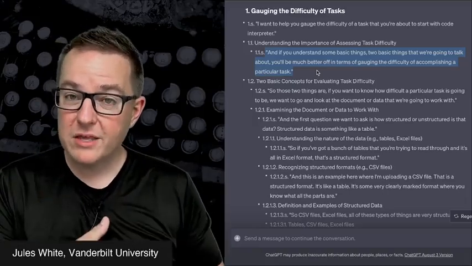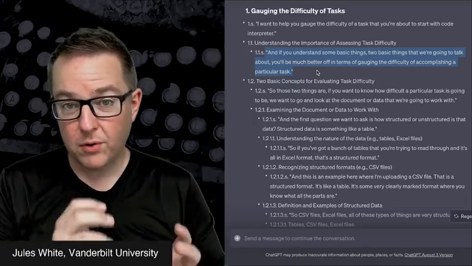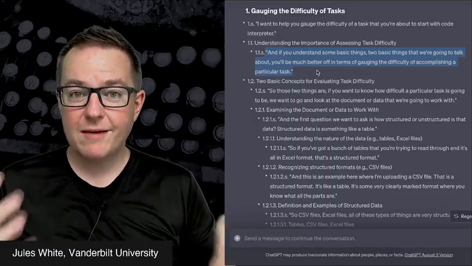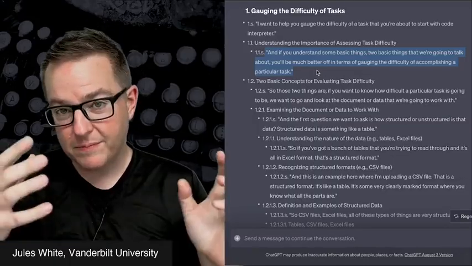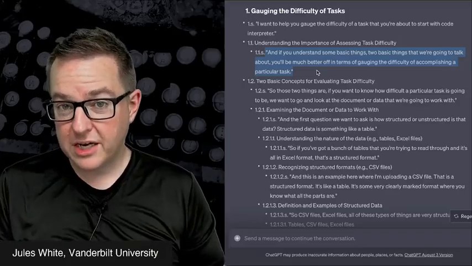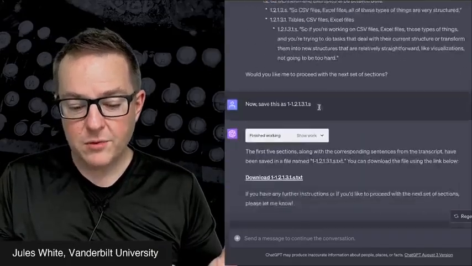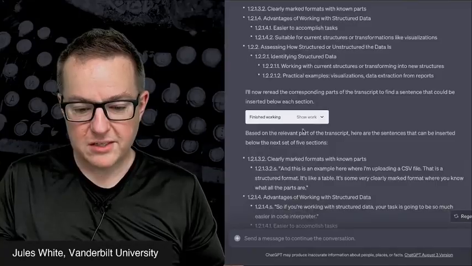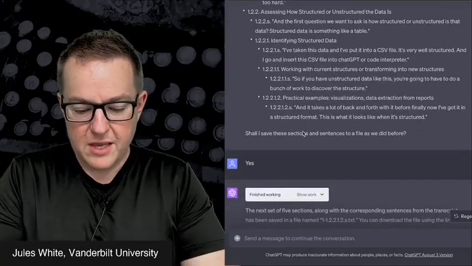So that's another way that we can do it: we can ask it to pull from the source material. Now we may have a little bit harder of a time because we have to search for these different quotations, but this is another way that we can do this. I've done this several different times. And then you can say,